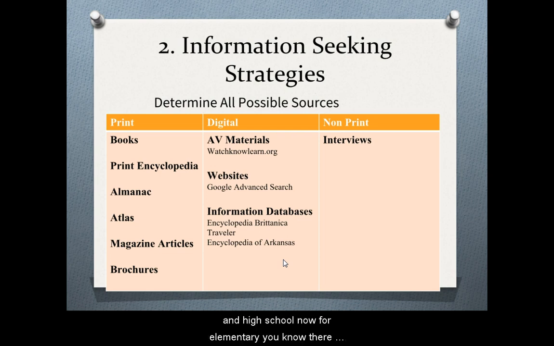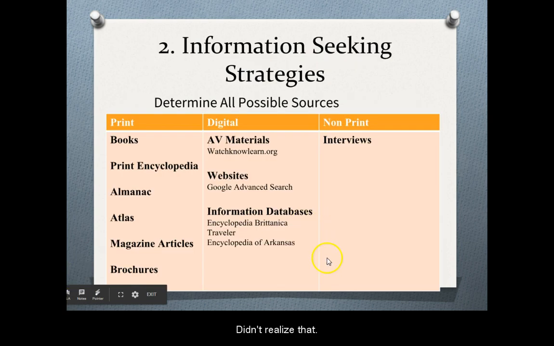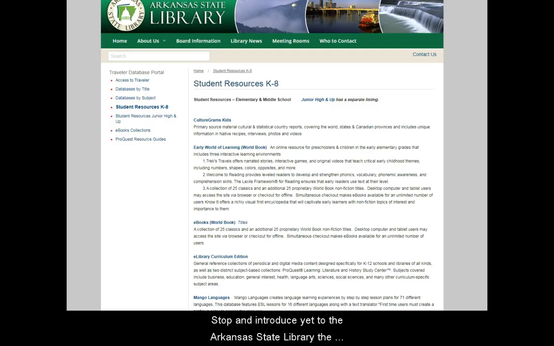Now for elementary, there might be some other databases that are more appropriate. But the Traveler project that's offered by the Arkansas State Library is huge. It's wonderful as long as our teachers know that it exists, and our students do as well. Encyclopedia of Arkansas is fantastic for your Arkansas history research and a lot of other things that are Arkansas related. So it's a great resource in case you didn't realize that it was available. So if you've not been introduced yet to the Arkansas State Library, the Traveler databases, you can look it up,